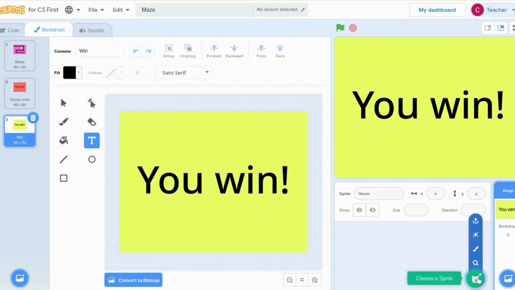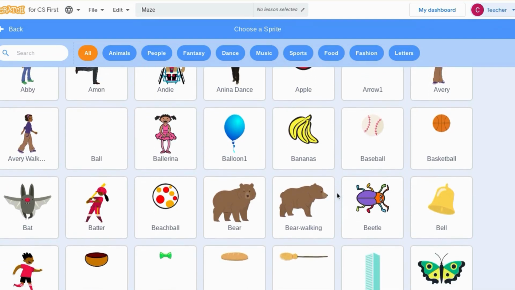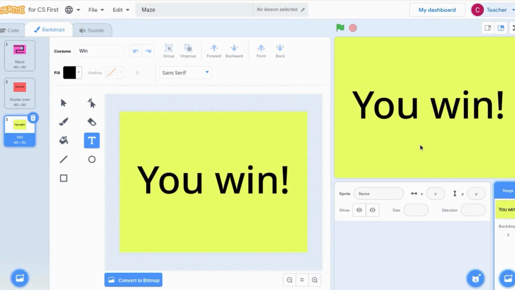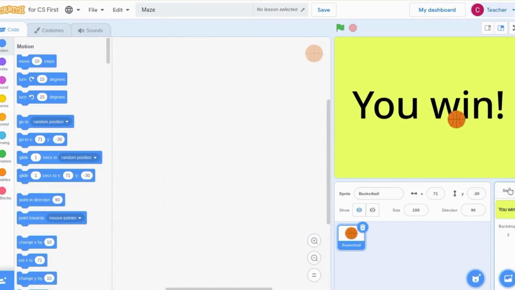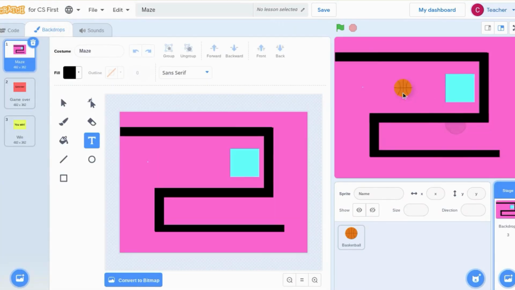I now need to choose a sprite that I will use for my game. You can use any sprite. I'm going to use the ball in my game. And I need to change it to my maze backdrop, and I'm going to move the ball to where I